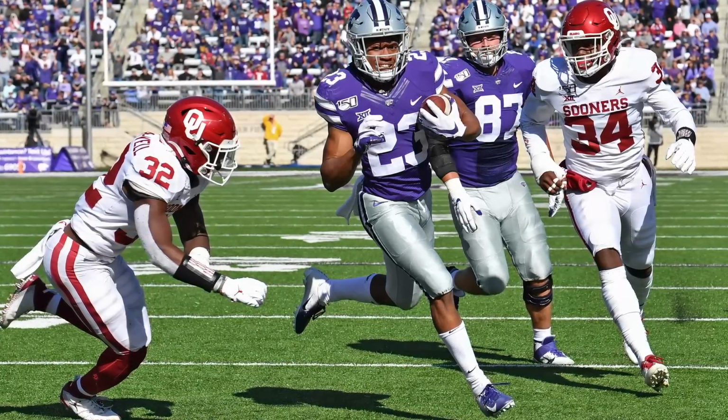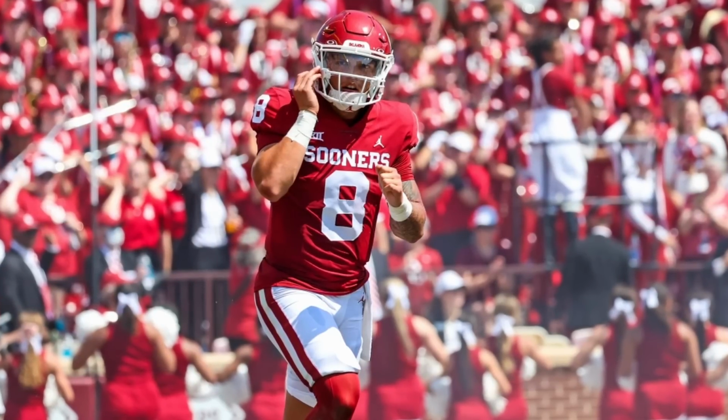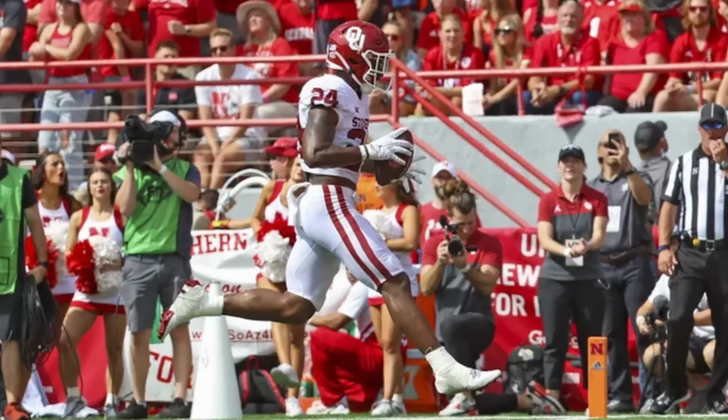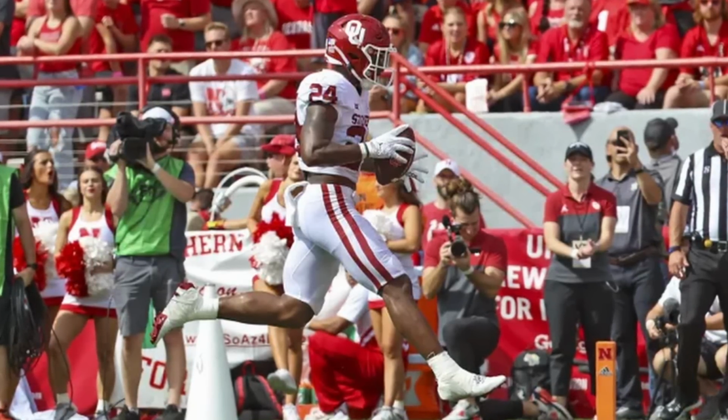Let's start with Oklahoma. The Sooners are looking to open Big 12 play with a win over an opponent that has caused them a lot of trouble over the past few seasons, and it is going to start on the offensive side of the ball. The offense won't be afforded the time it took to get things rolling like they had in the first half against Kent State. Fortunately, that wasn't necessary last week in Lincoln, as the Oklahoma offense was firing on all cylinders